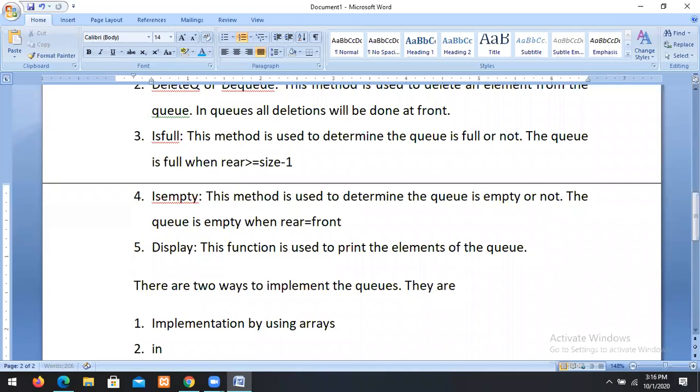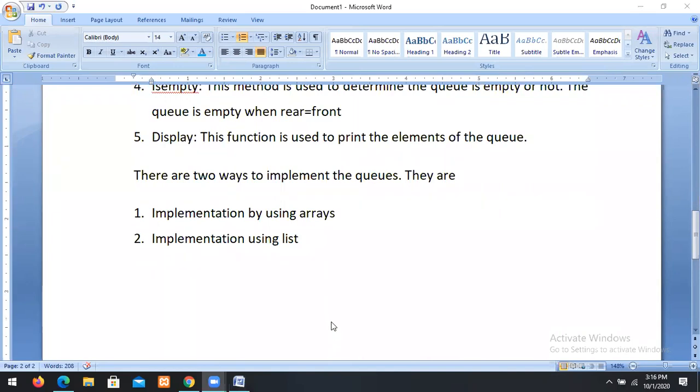Another is implementation using linked lists. So there are two ways to implement the queues: by using arrays and by using linked lists.